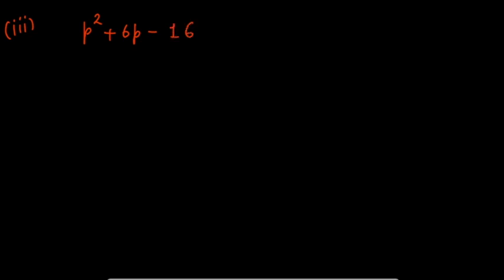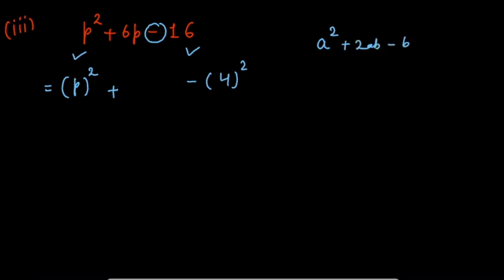Now in this question, see, this is a perfect square number, even this is a perfect square number. So if I write it, just have a look what I am trying to explain. P square minus 4 square. Here this is minus, so you do not have any identity in which you have 2ab and then minus b square. So there is no identity, right? So here is a minus sign before this. So we can't apply a plus b whole square identity. We can't make use of a minus b whole square identities because of the sign.